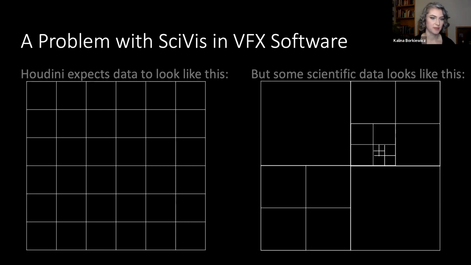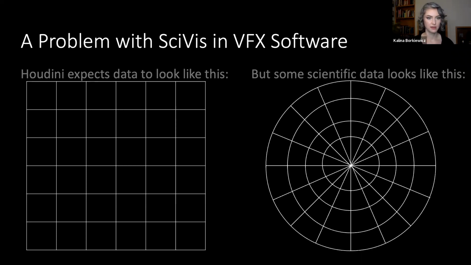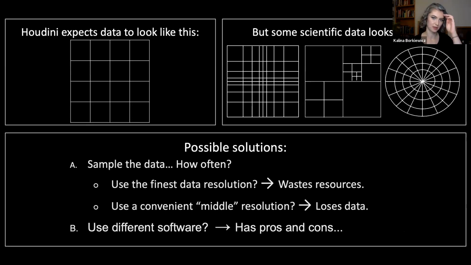Here's kind of a different data format that has the same idea, but looks very different. So again, you have resolution just where you want it and less resolution in places that you don't. And this particular format is called Adaptive Mesh Refinement, or AMR, and it's made up of nested multi-resolution grids. Data can also come in a spherical or in a cylindrical grid. A lot of the solar data that I showed a couple slides ago looked like this. And there's a bunch of other formats that don't nicely convert into a uniform Cartesian grid.